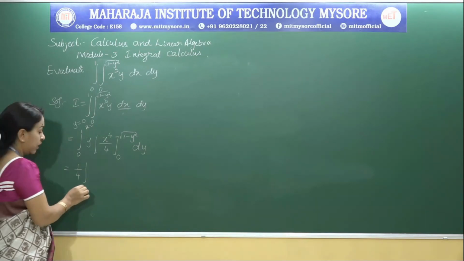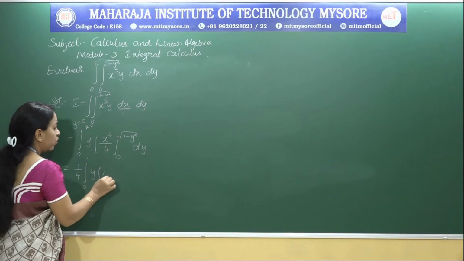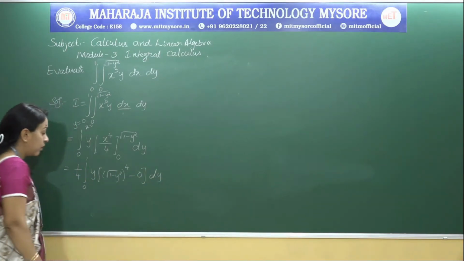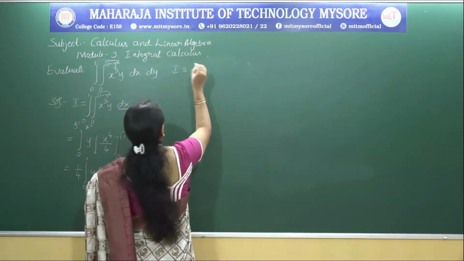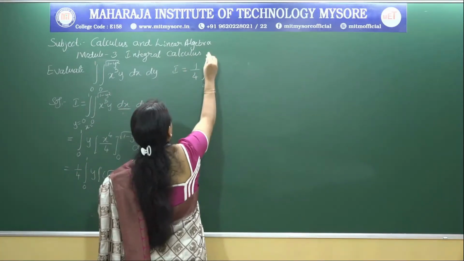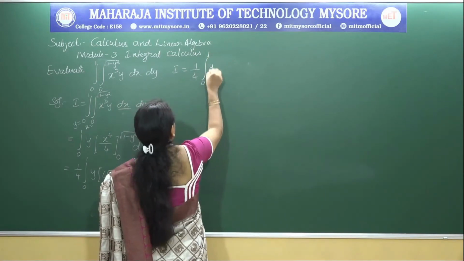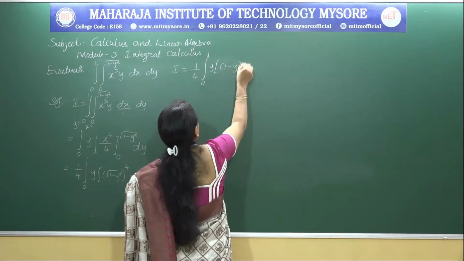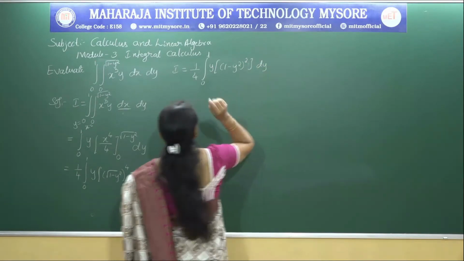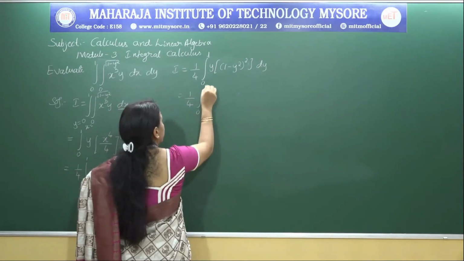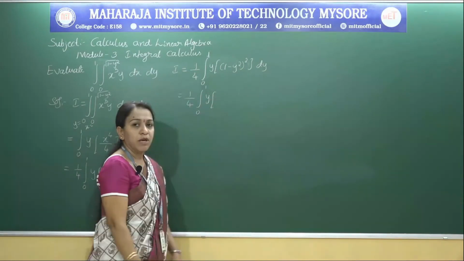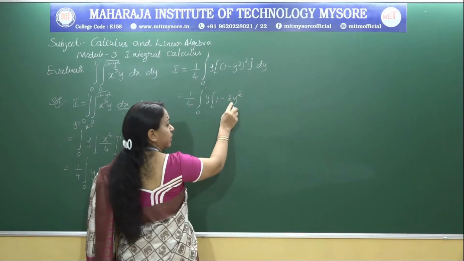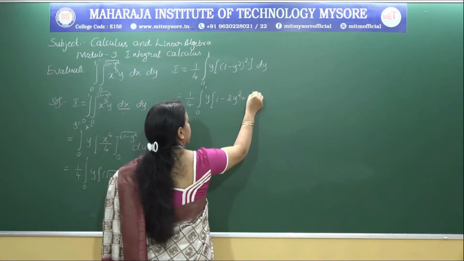1 by 4 into integral 0 to 1 y into root of 1 minus y square whole to the power of 4 minus 0 dy, or I equal to 1 by 4 into integral 0 to 1 y into root of (1 minus y square) whole square to the power of 4 become (1 minus y square) whole square dy, or 1 by 4 into integral 0 to 1 y into, expand using your (a minus b) whole square,